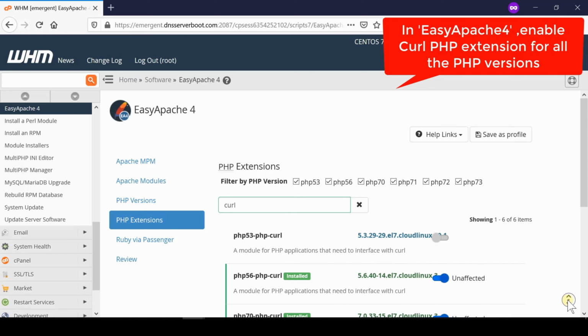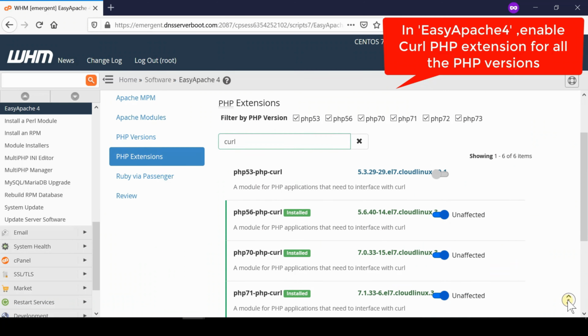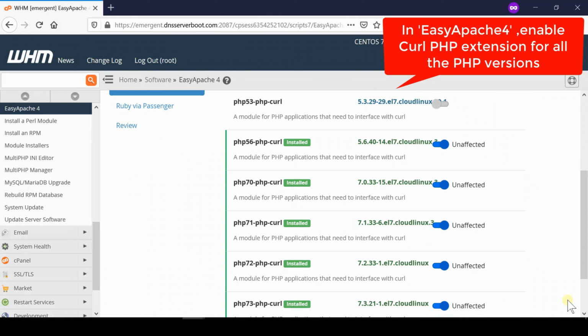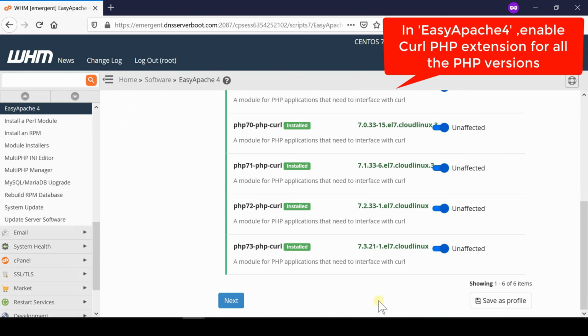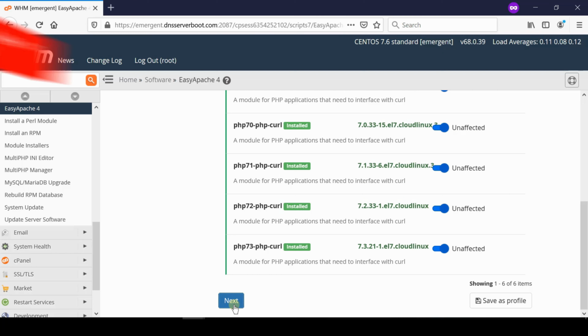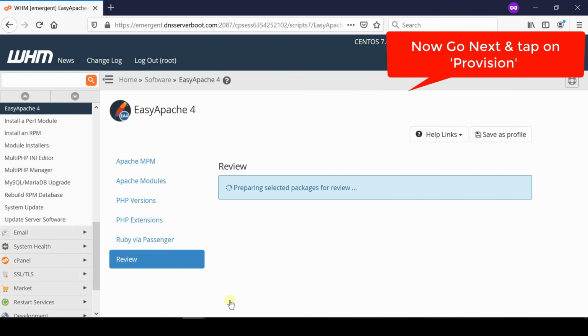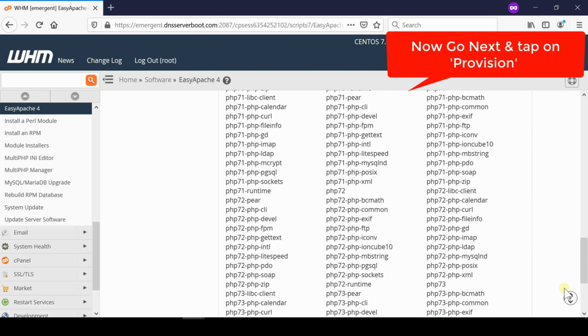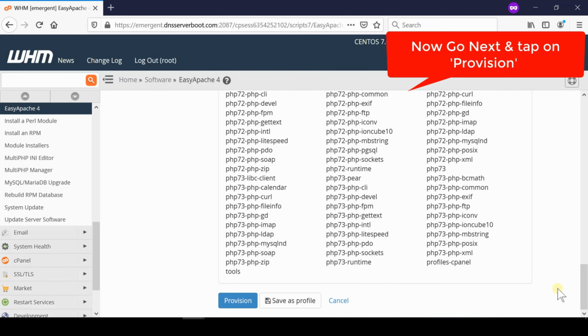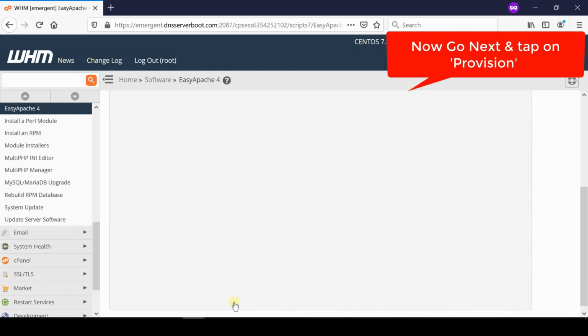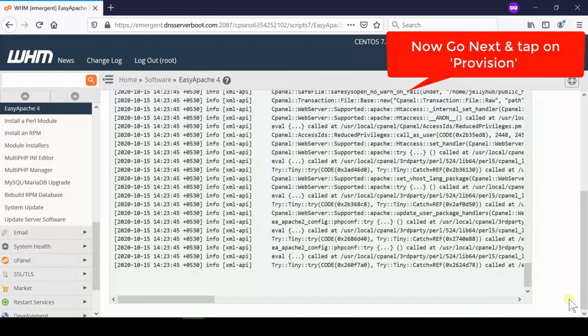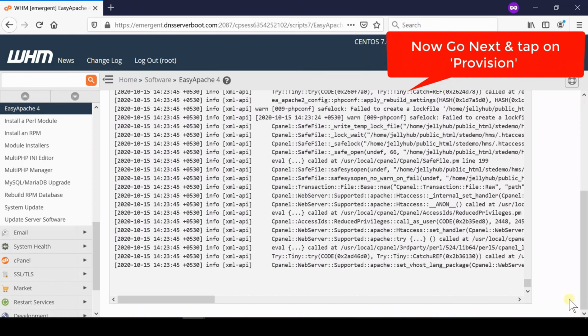Now here you can see that for some of the PHP versions, the curl function is not enabled. Therefore simply enable it and then click on next. Again click on next, go to review and then click on provision. This will take some time and your curl PHP extension will be installed successfully.